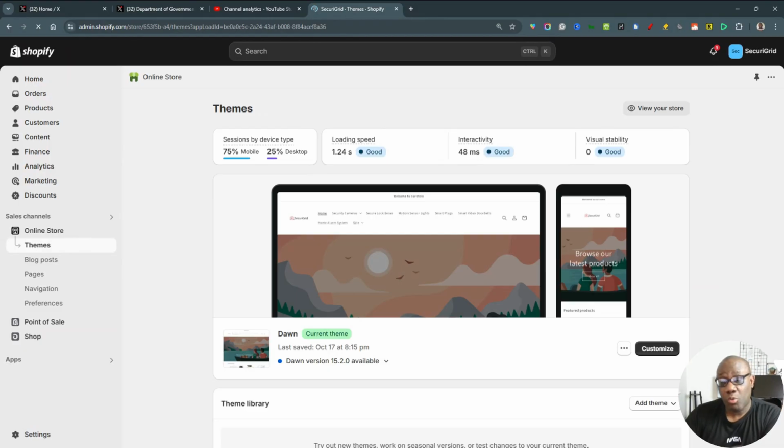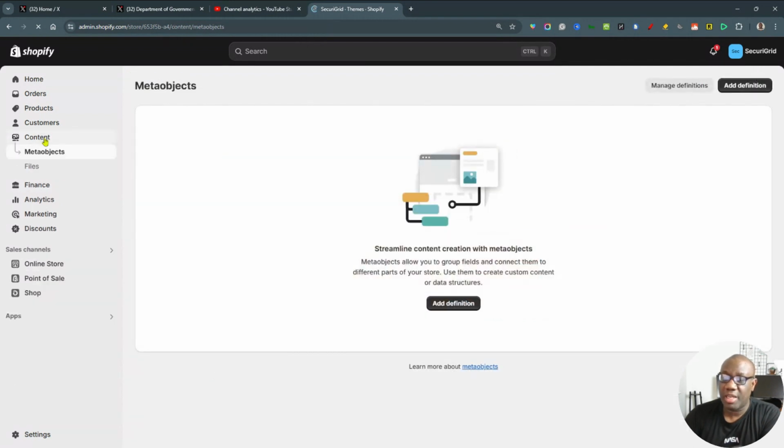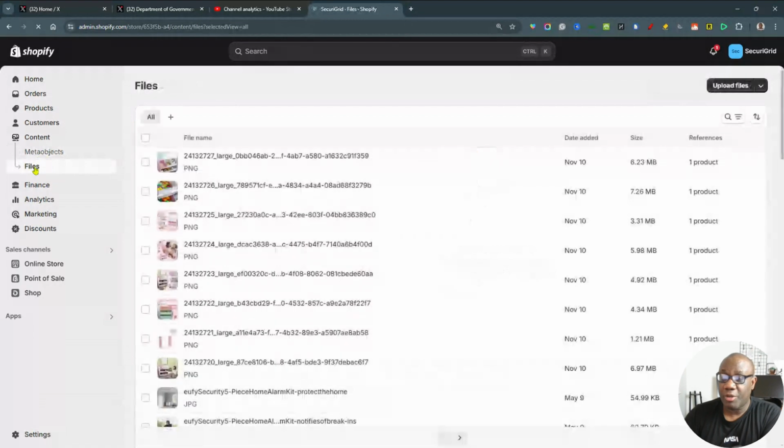Okay, the straightforward way of accessing your images in Shopify is to go to your admin and click on the content icon on the left-hand side. What you want to do here is you don't want metaobjects. What you want to do is click on files. When you click on files, it brings up all the images that you have for your Shopify store. This will include featured images, like featured blog images, and